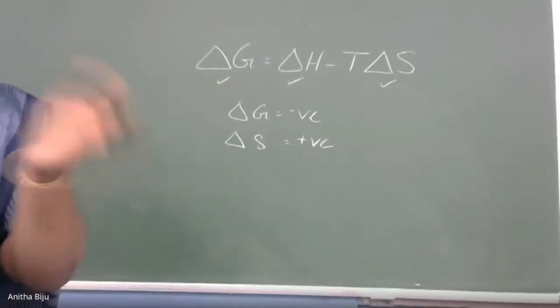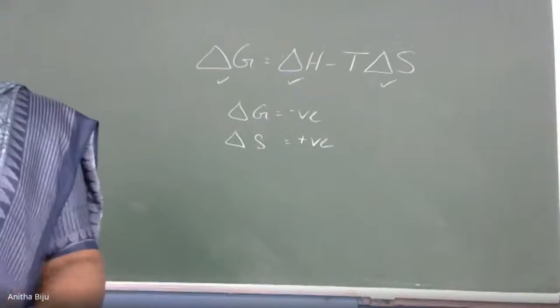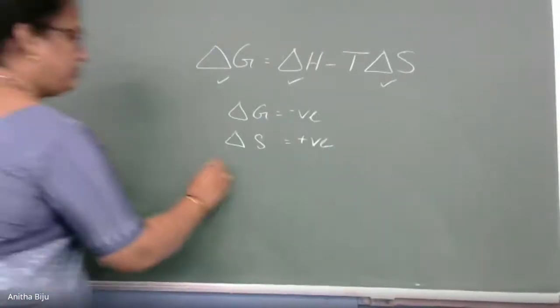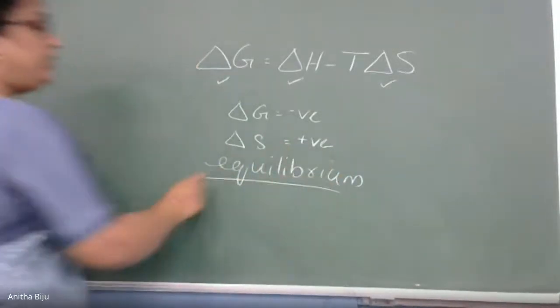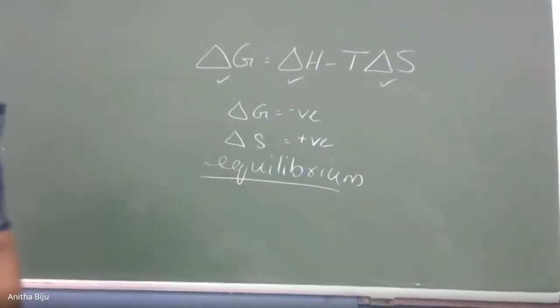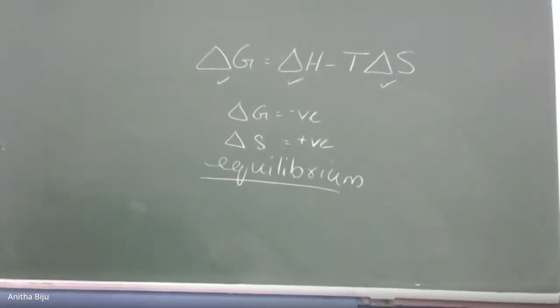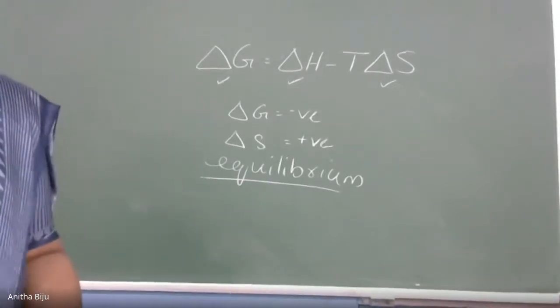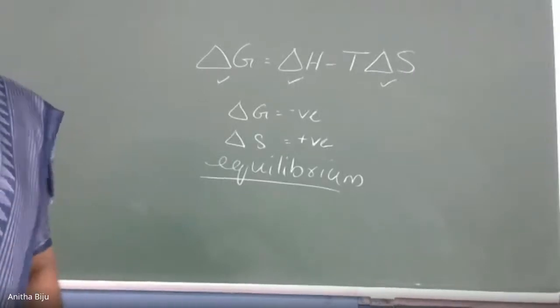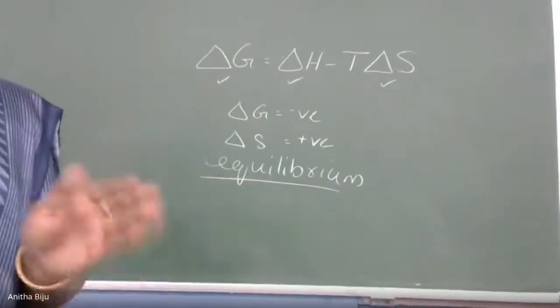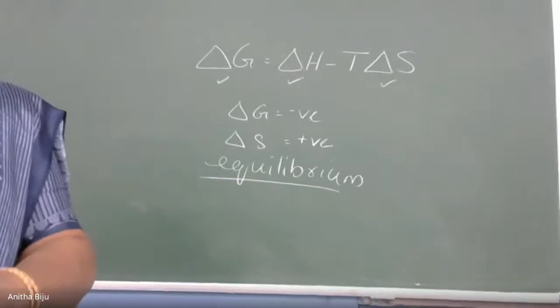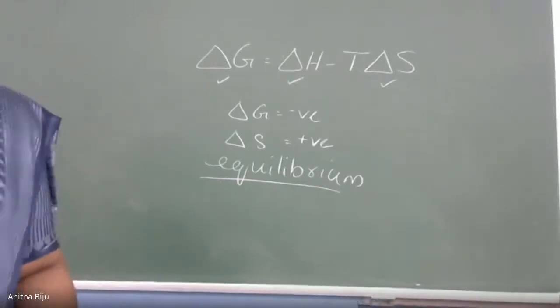Okay, and the second chapter related to this chapter is equilibrium. This is another chapter which is directly related to chemical kinetics. In this chapter, we have learned the extent to which the reaction will proceed, how far the reaction will proceed. So mainly it is related to reversible reactions. Reversible reactions are those reactions where reactants combine together to form products and products decompose to give the reactants.